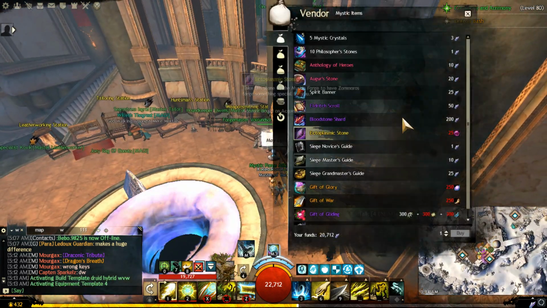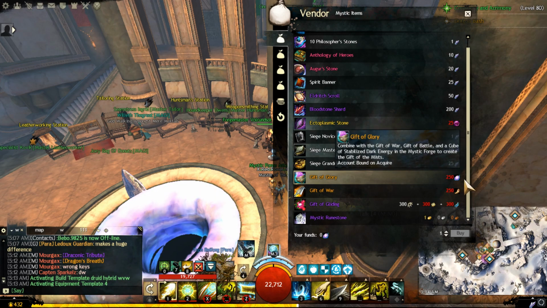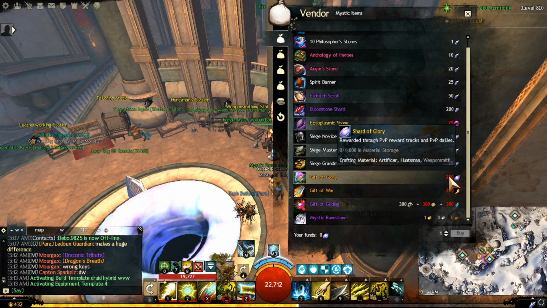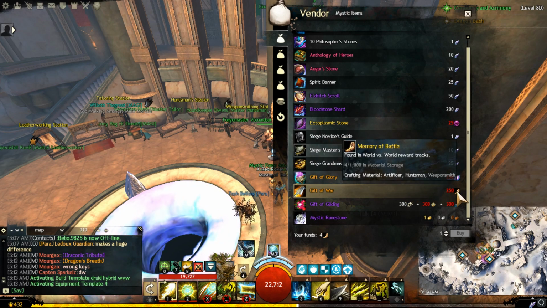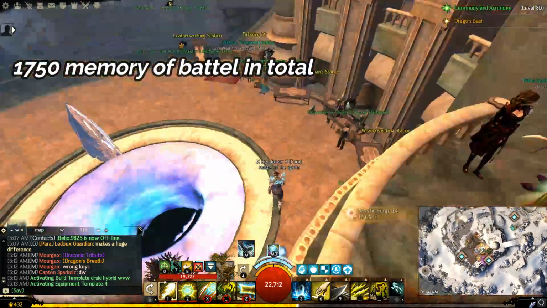Now from any Mystic Forge, you're gonna need to buy Gift of Glory, which is made with BvB Shard of Glory. You can buy them from the trading post. They are very cheap, it's not a big deal, you don't have to play PvP or anything. Gift of War with Memory of Battle, you can also buy Memory of Battle, and we're gonna need a huge amount of it. And in any World vs. World map,